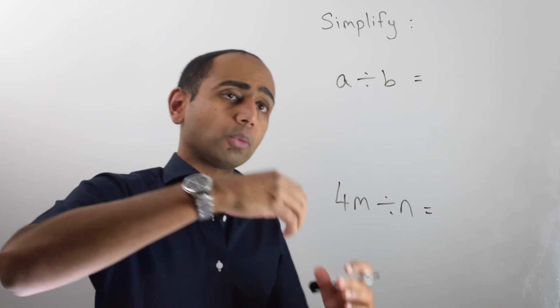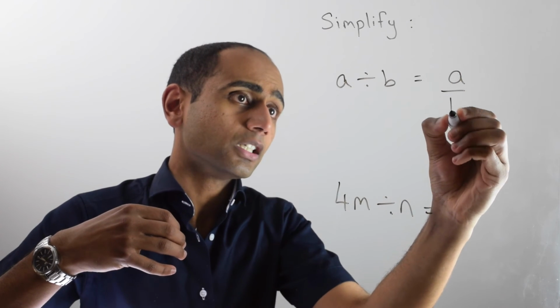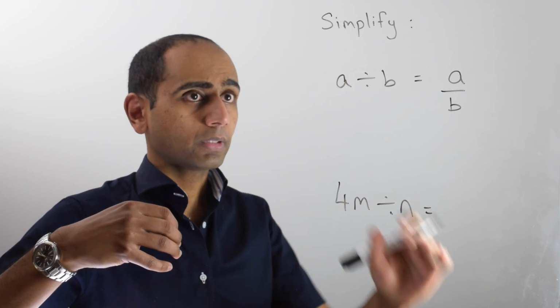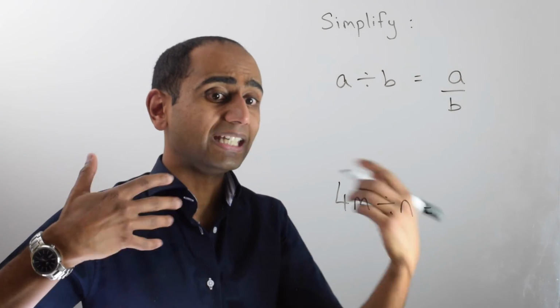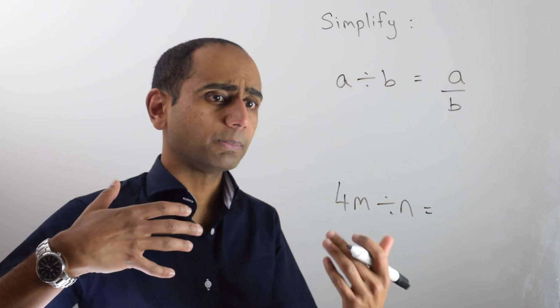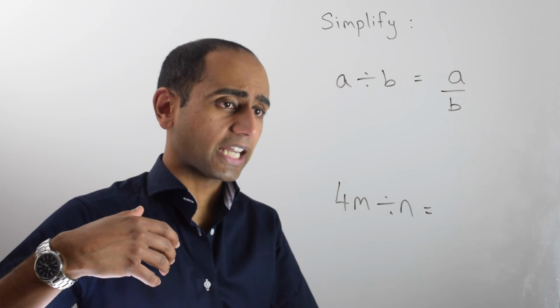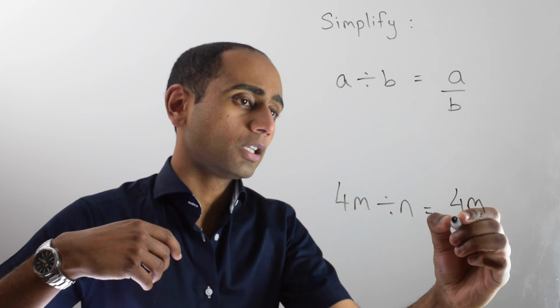In this example, I want to simplify a divided by b. That's simply going to be a over b. A divided by b is a over b, because this line means divide. In this example, I want to simplify 4m divided by n, and I'm going to do exactly the same thing. That's 4m over